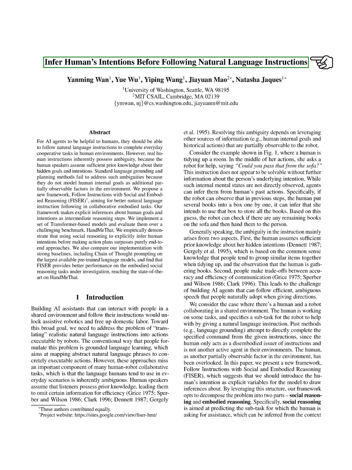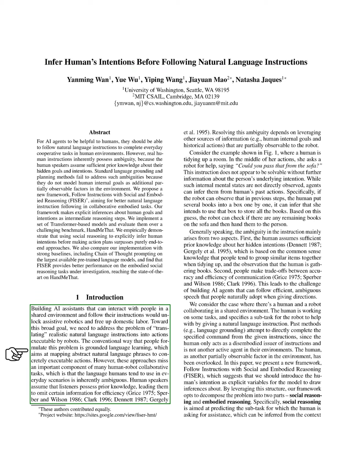Section: Introduction. In this section, we discuss the development of AI assistants that can effectively interact with people in shared spaces and follow their instructions, which could greatly enhance assistive robotics and reduce household labor. To achieve this, we need to tackle the challenge of converting natural language instructions into actions that robots can perform. Traditionally, this has been approached through grounded language learning, which connects abstract language to specific actions.